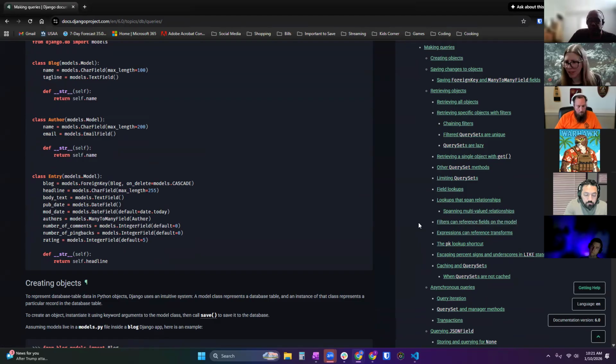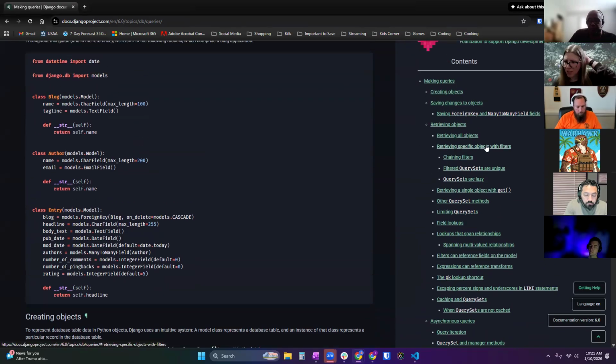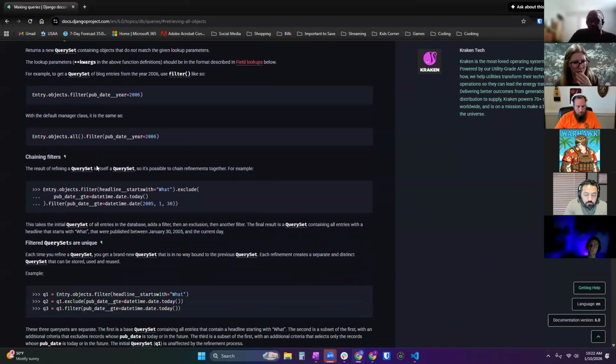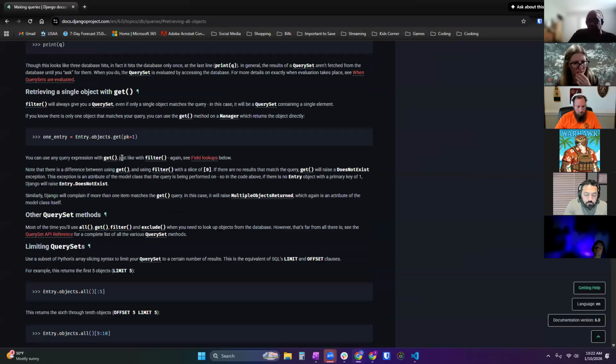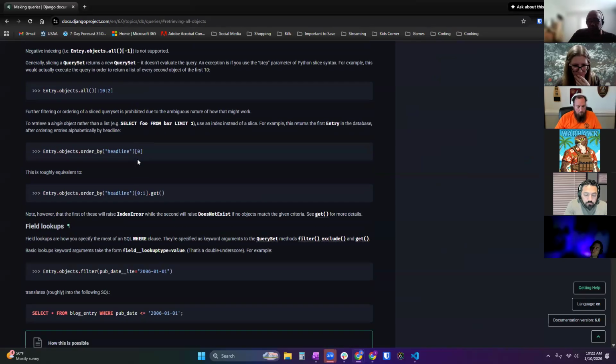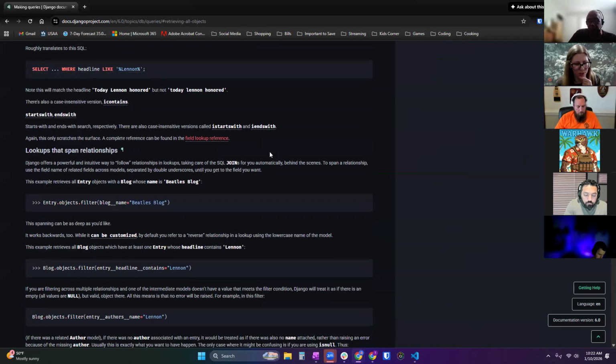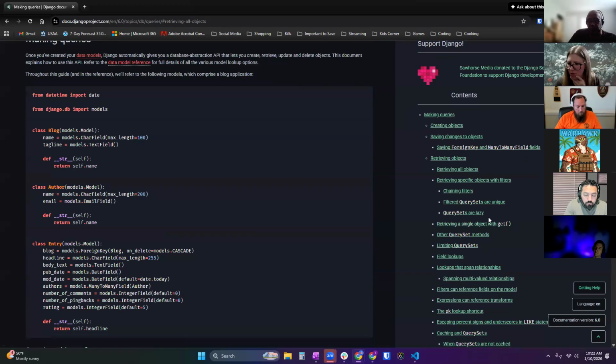Can we see where we have all objects, get, other queryset? Let's see if there's retrieving all objects. And let's see if there's one for field lookups. I'll find where these are, the verbiage or the syntax that you have to use to query with the dot all or other queryset.